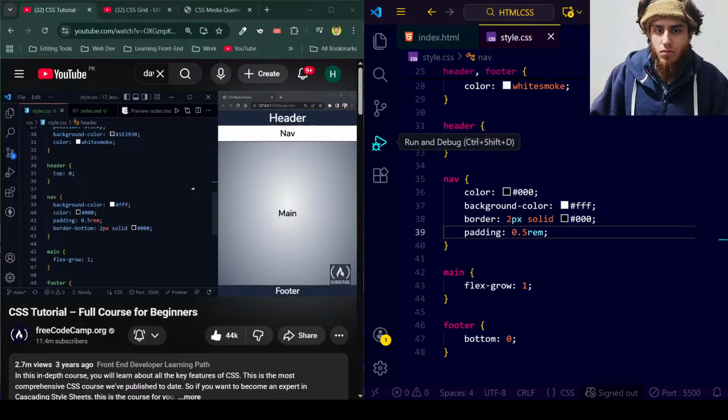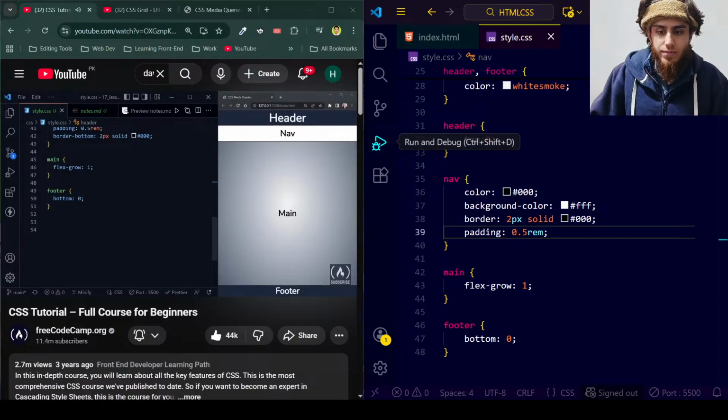Query now that will change things up a little bit. So underneath our footer, we